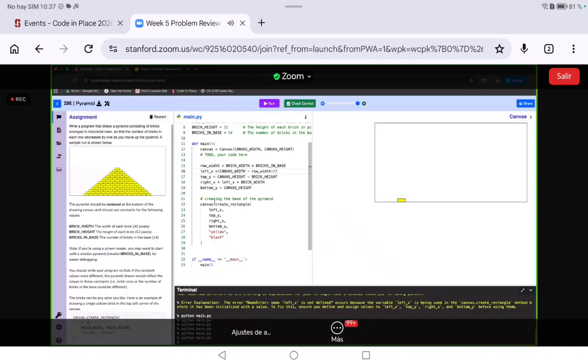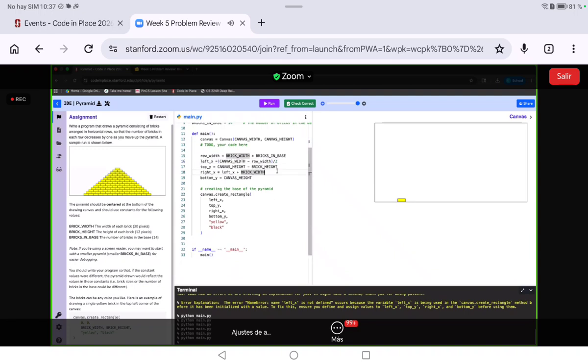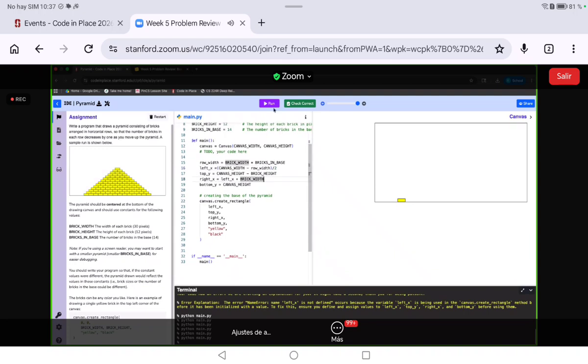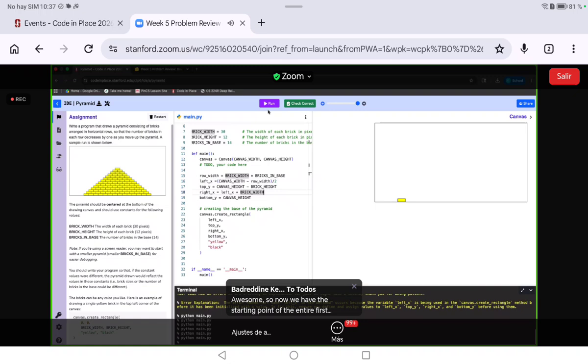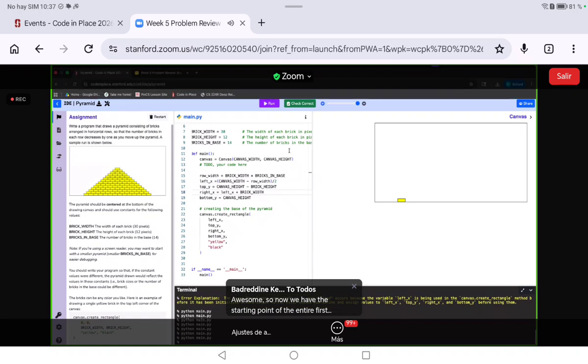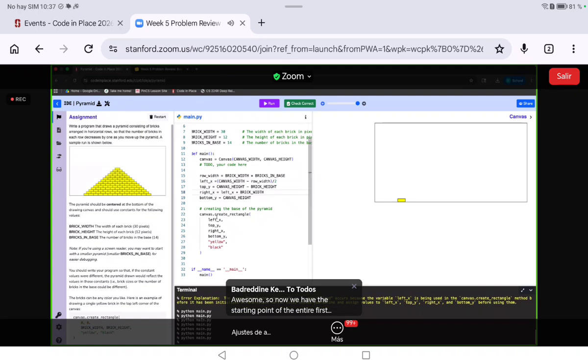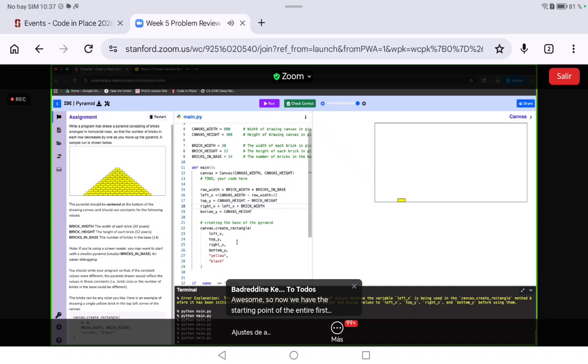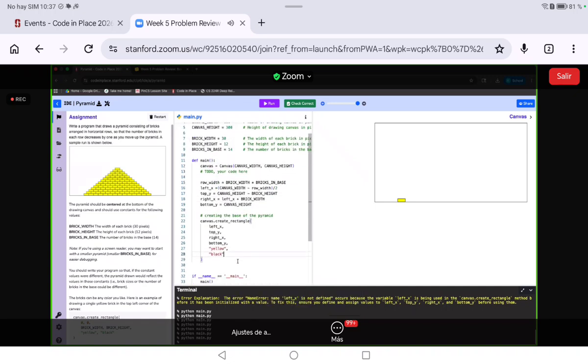All right, cool. So, all right, now we're here. Now we have one block. So we have a start. Yeah, exactly. We have our starting point for our first row. So let's kind of approach it the way that we approached our box row problem by